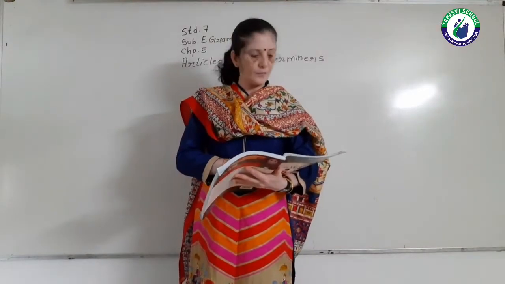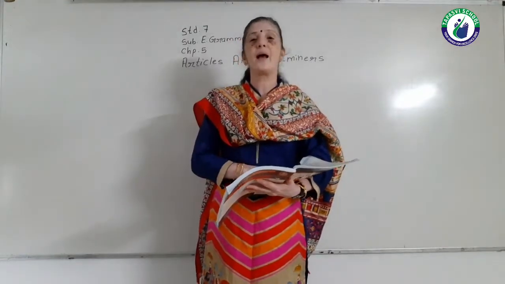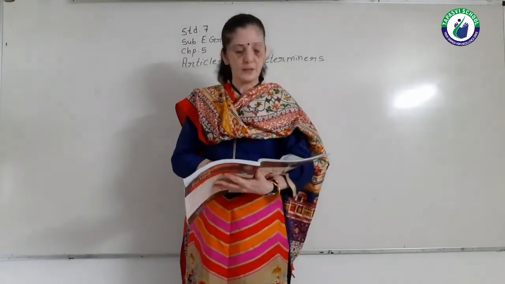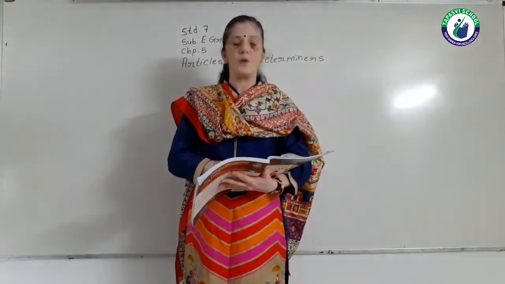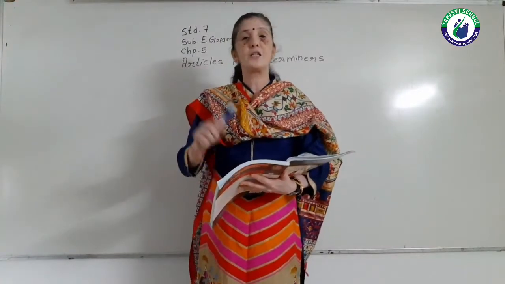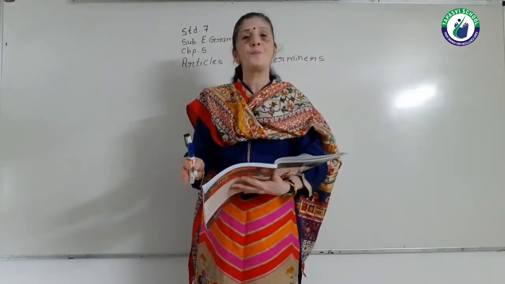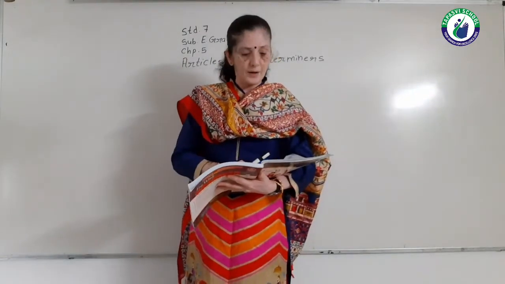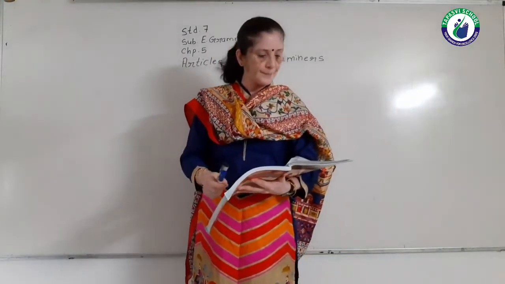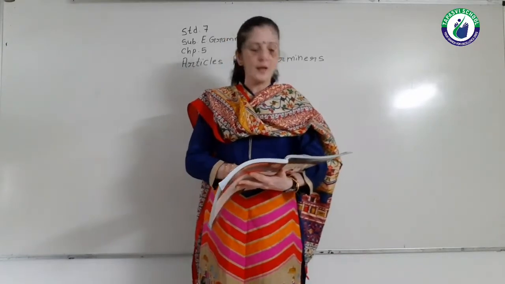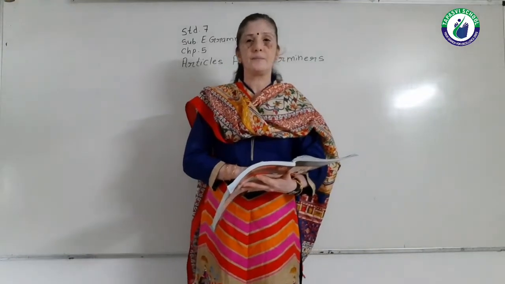Read the following groups of words. Spacious room, that room. The word spacious describes the noun, so it is an adjective. The word that does not describe the noun but specifies the noun. But that room, it is not describing the noun, but it specifies the noun. Means बताते कि वो room इस तरह से. It points to a particular room. It is a determiner. So here that is called a determiner.